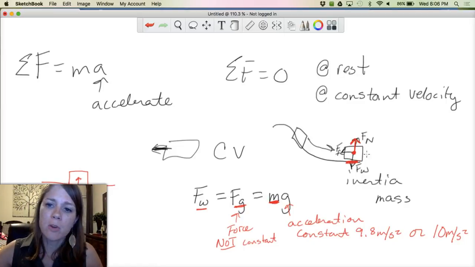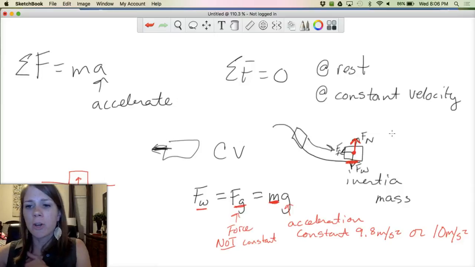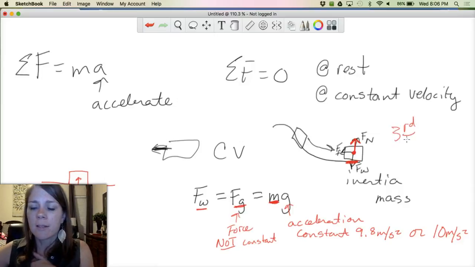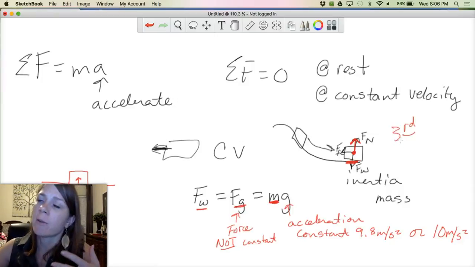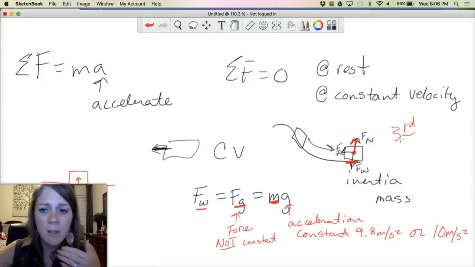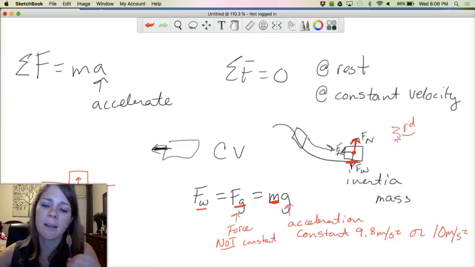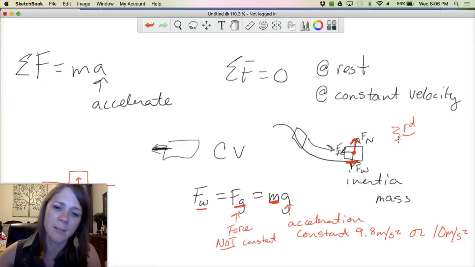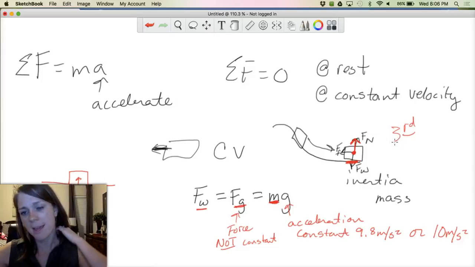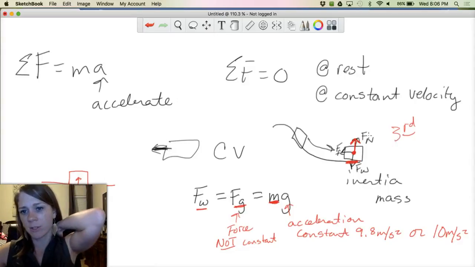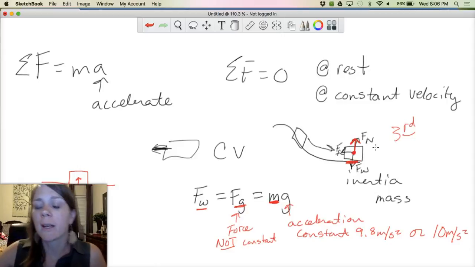The weight force and the normal force are not an action-reaction pair. Newton's third law typically says that for every action there's an equal and opposite reaction. But we redefine Newton's third law as: if object 1 applies a force to object 2, then object 2 applies an equal and opposite force to object 1. And in this case, the weight force and the normal force are never going to be an action-reaction pair according